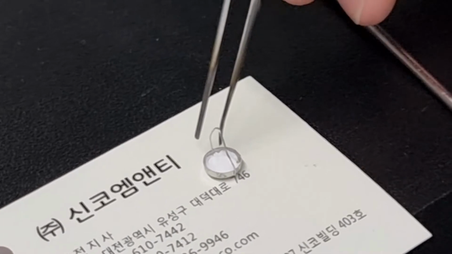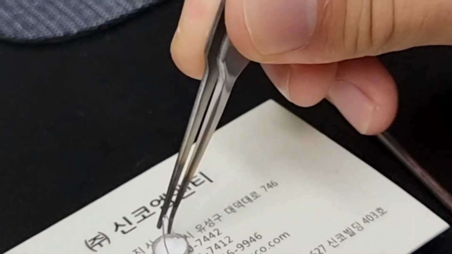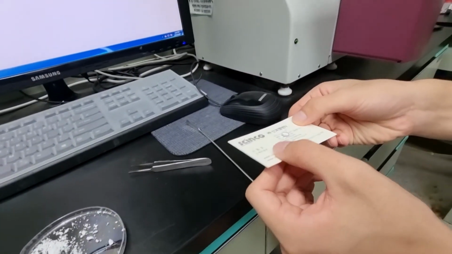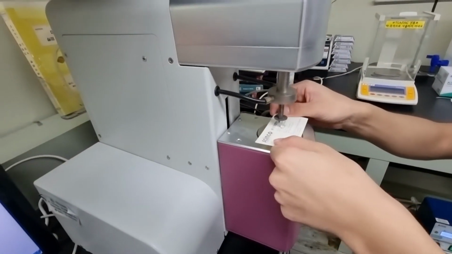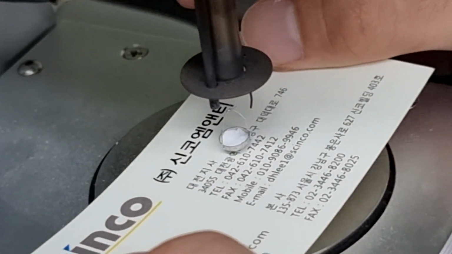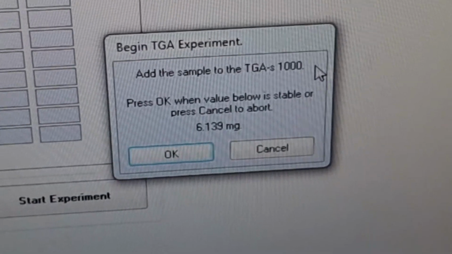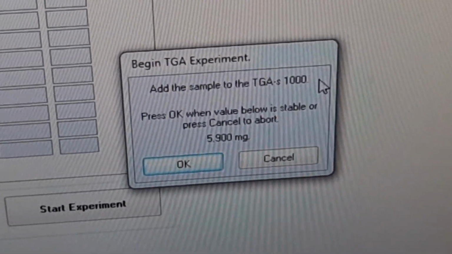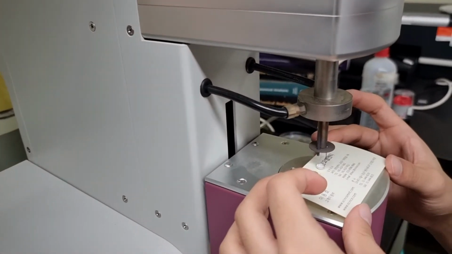You can see this pan is really flat. It's the same process over and over again. So when you insert this into this hook, you can see that it goes up. So you can check if this is in the boundary of 3 milligrams to 10 milligrams. And gently stop it this way.